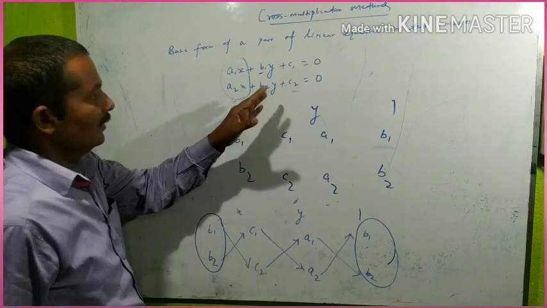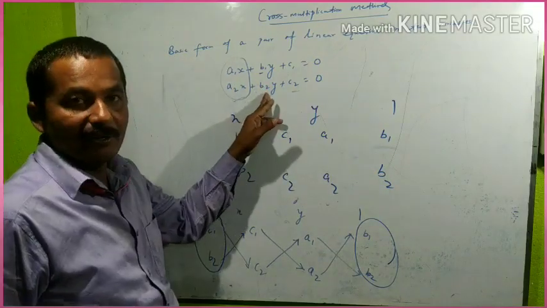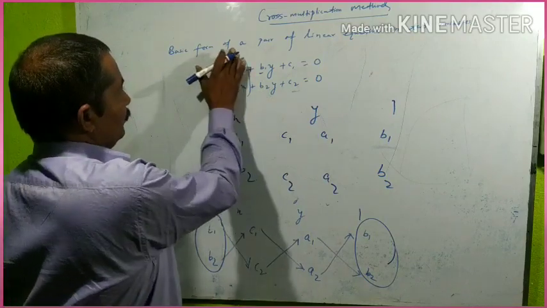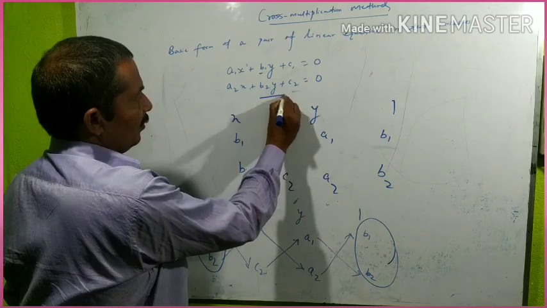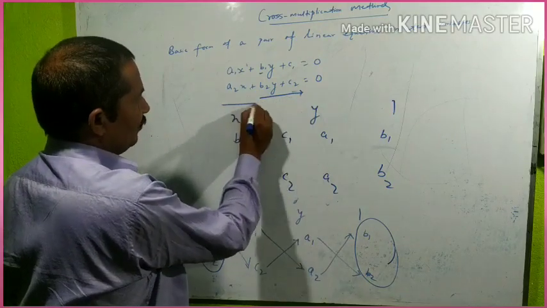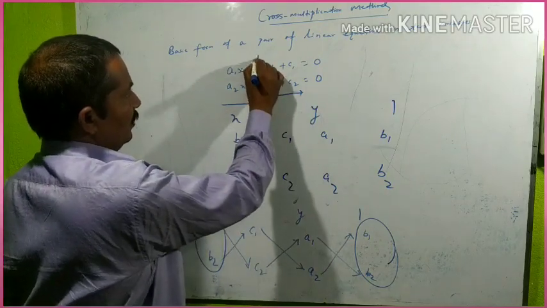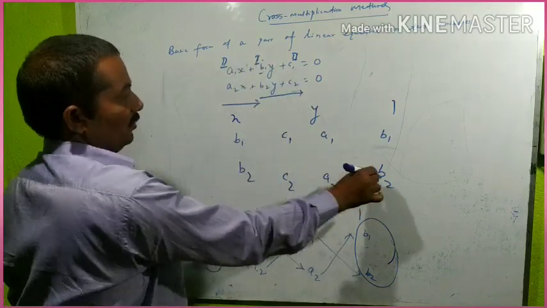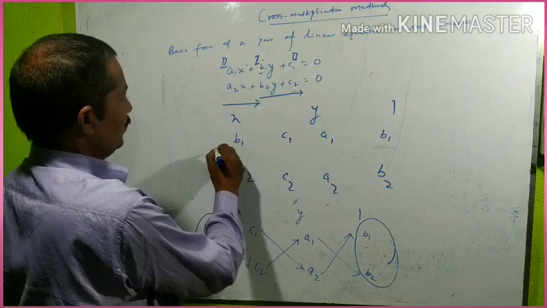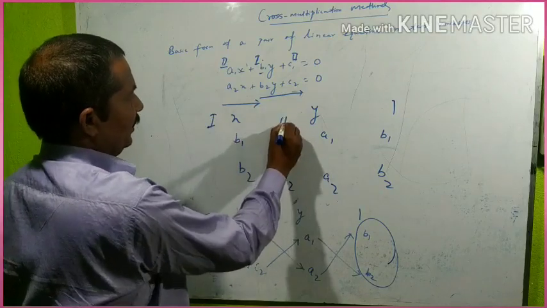Means you will start taking from here now. यहाँ से आप लेंगे. Look here. You will start from here and then you will come from here now. First one, second one, third one, again first one. Look here. Means first part, second,